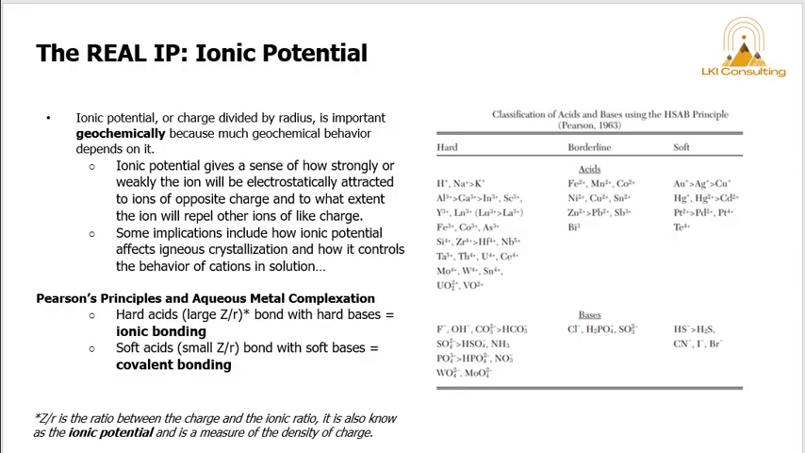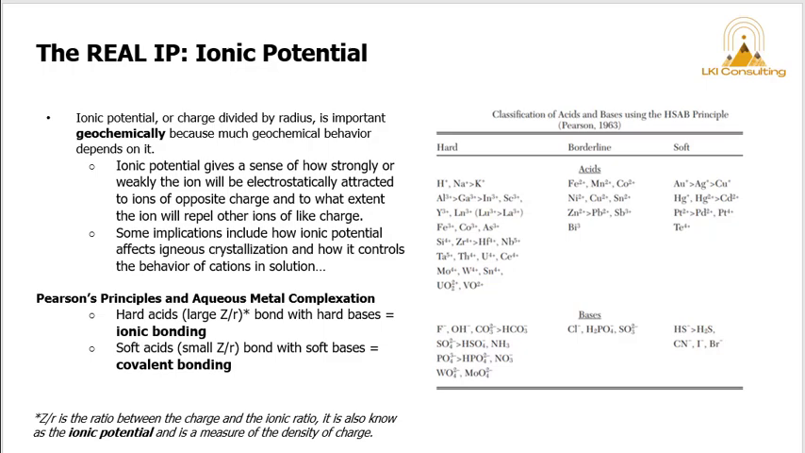Now, I don't want to make any enemies out of anyone here, but considering that you're already watching this video, I want to clarify that this slide here is addressing the real IP, as distinct from the black magic kind, in other words, geophysics. We're talking about geochemistry and ionic potential. Ionic potential is simply an element's charge divided by its radius. And why is this important? It's because it gives a sense of how strongly or weakly the ion will be electrostatically attracted to ions of opposite charge and to what extent the ion will repel other ions of like charge, which has implications on how